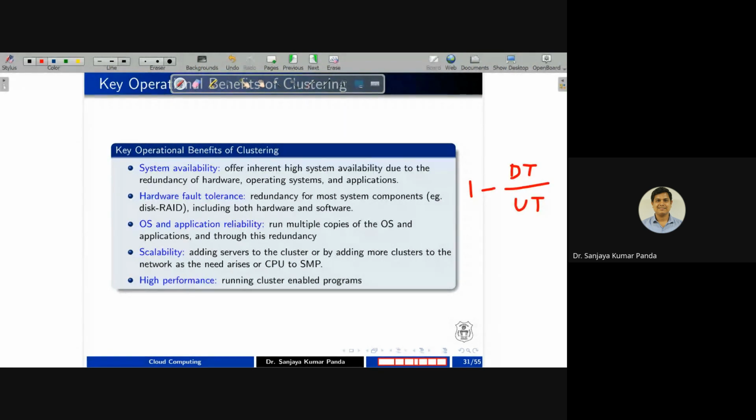For example, suppose you are observing the internet for 24 hours. Out of 24 hours, you found that for 30 minutes the internet is not available. So downtime is 30 minutes. Uptime is 23 hours 30 minutes. Out of 24 hours, we observe that for 30 minutes it is down. Or if you talk about a cloud computing service, you can say the service is not available for 30 minutes, but the rest of the time it is available. That is called your uptime. So if you subtract from 1 the downtime by uptime, we call that availability.